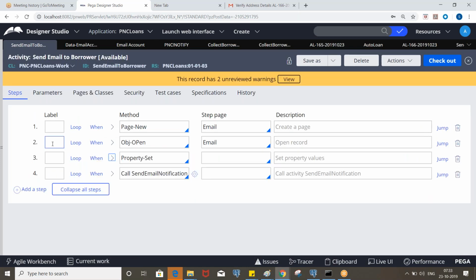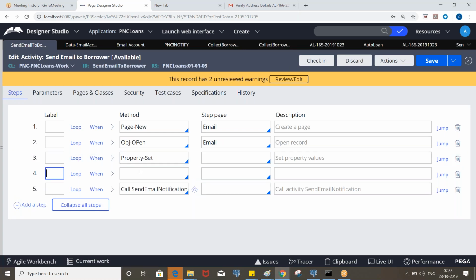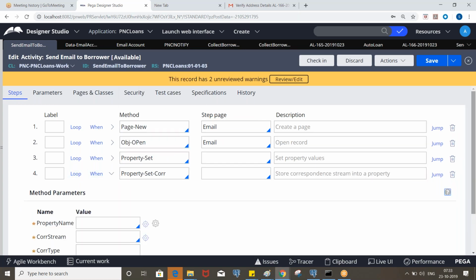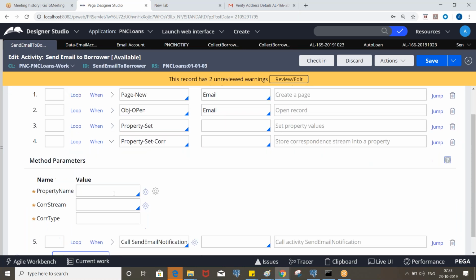Okay, so what we can do is include this step before property set, or after also fine. Okay. So property set cur is used to invoke the correspondence rule. Clear? So we do these kind of scenarios mostly in real-time applications as part of the email functionality.